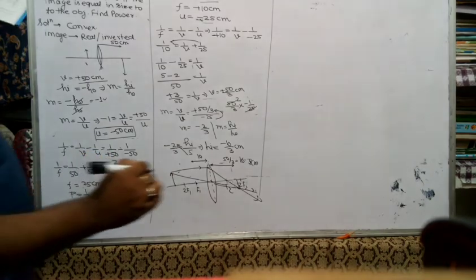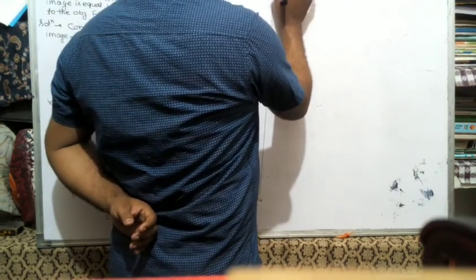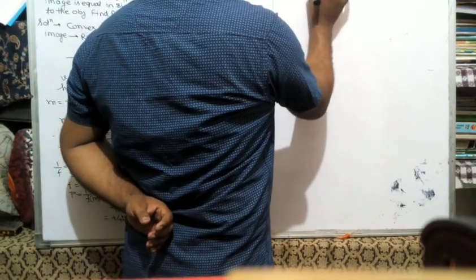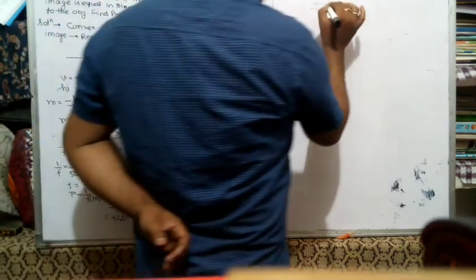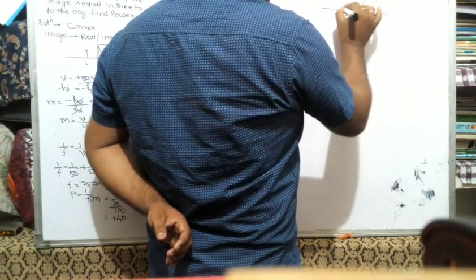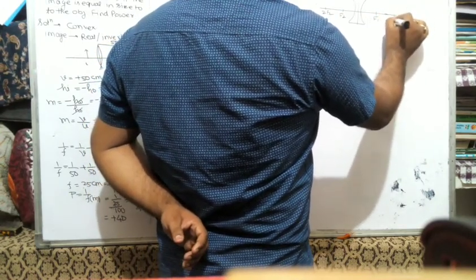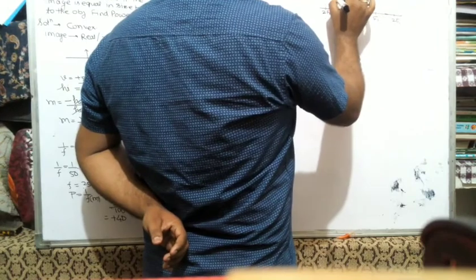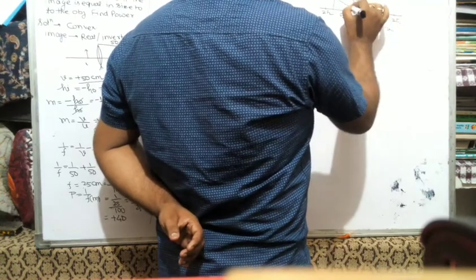A concave lens of focal length 15 cm. What type of lens? Concave. So focal length will be f is equal to minus 15 cm. Forms an image 10 cm from the lens. Beta, first draw the rough diagram. This is concave lens. Here is f2, 2f2, f1 and 2f1. If there is object here, then the image is formed at this point, at this point beta. It means on the left side. So it is virtual.